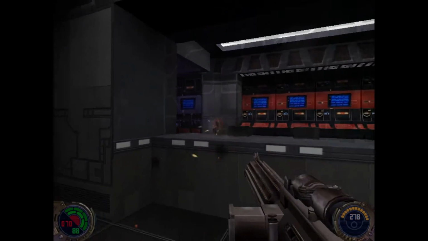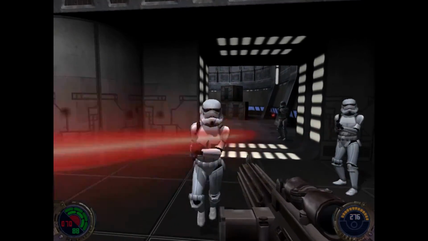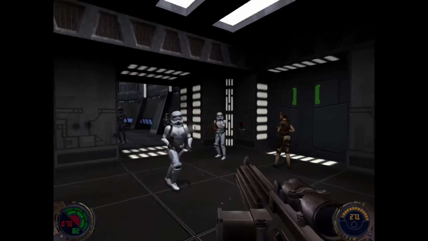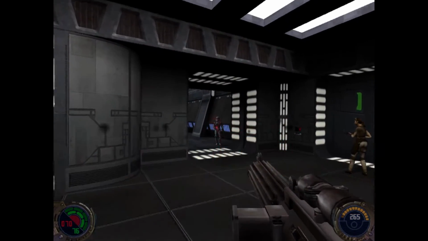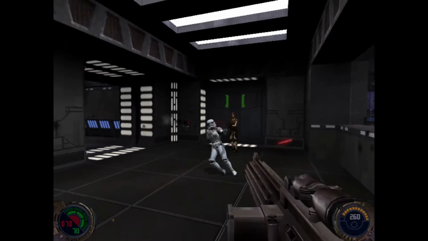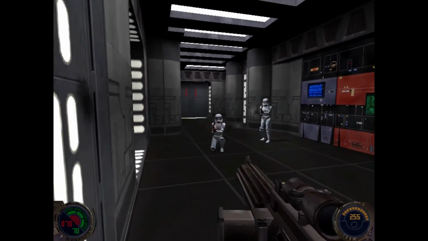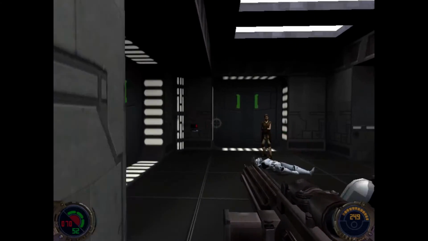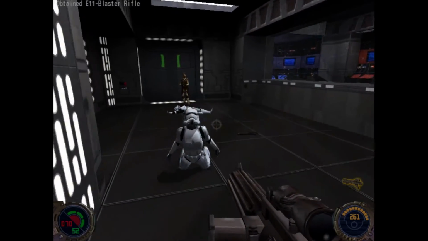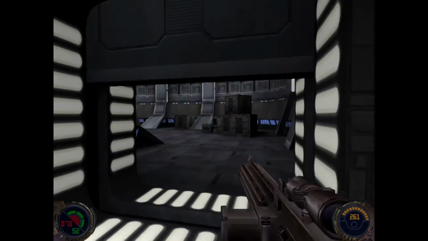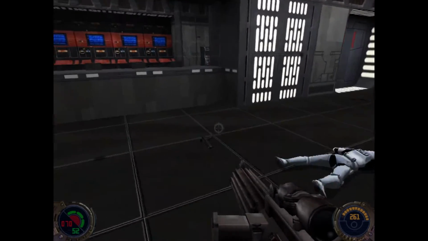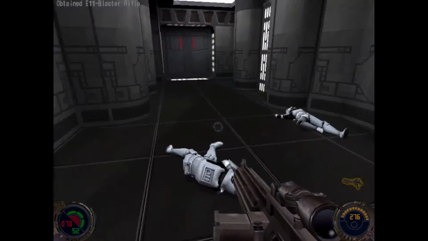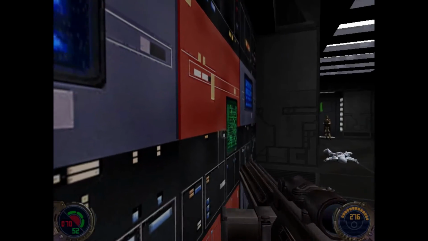Frankly, I am not a fan of mouse and keyboard shooting. There's no large amount of walk happening here. Whose side are you on? Oops. So, yeah, you're not really running into